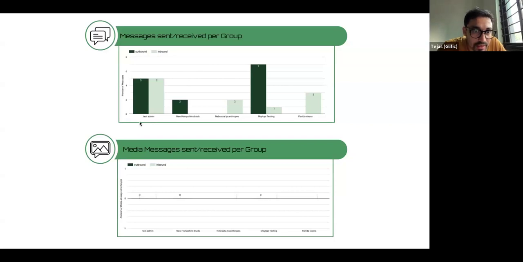So Sani is asking how many groups can be part of a single collection, and are there any limitations per Glyphic account? Sani, multiple groups can be part of a single collection, so that's not a problem. Are there any limitations per Glyphic account? I didn't understand your question. Maybe the second bit you can unmute and share.